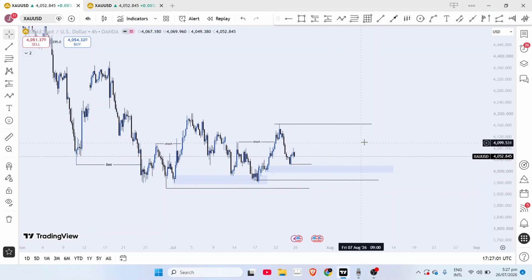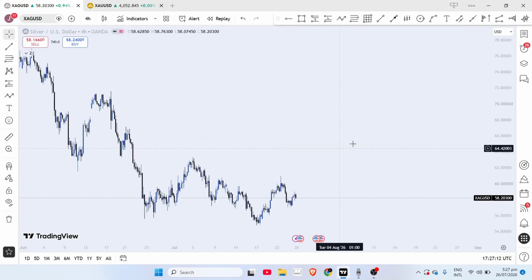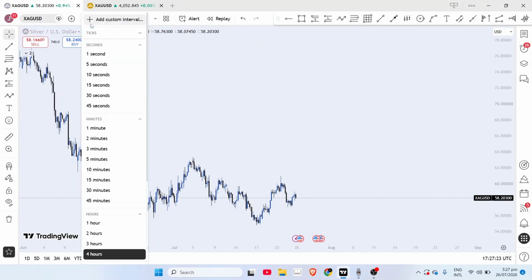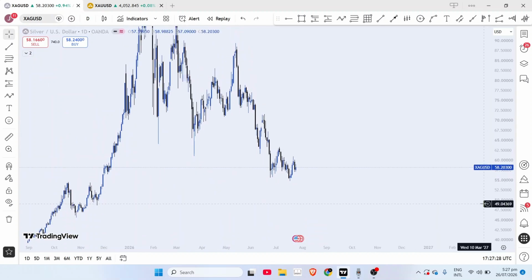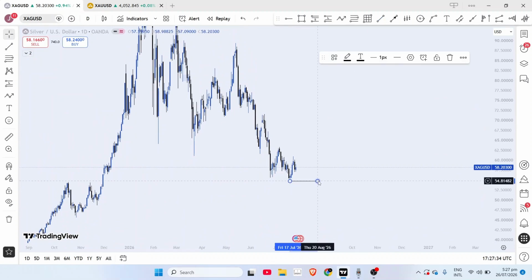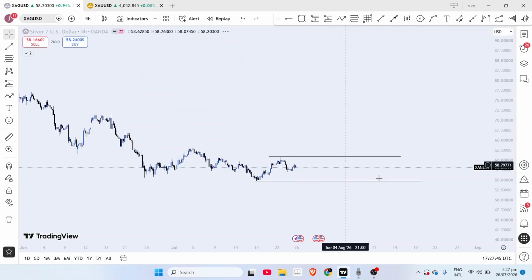So this is it for gold that I'm looking at. I'll be looking at silver also, XAGUSD. So for silver, let's go to the daily time frame. Just like GBPUSD and EURUSD, gold and silver also have some similarities. So let me mark this range also. I'm not going to be looking for point of interest in the daily time frame. I have no interest in doing that since I'm a day trader. Now on the 4-hour time frame,